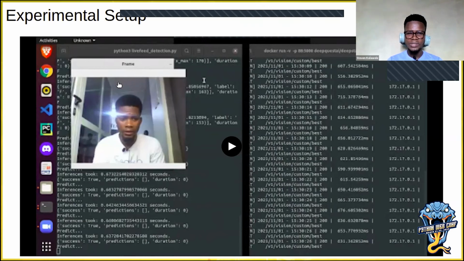Also, looking at this background, this particular background has not been shown to the model before. We didn't capture any of the data in a background similar to this. And I'm not sure if you can see the light over here. Its purpose was to distort the image, the signs that I'm trying to perform, so that it's not too clear, not too obvious to the model.